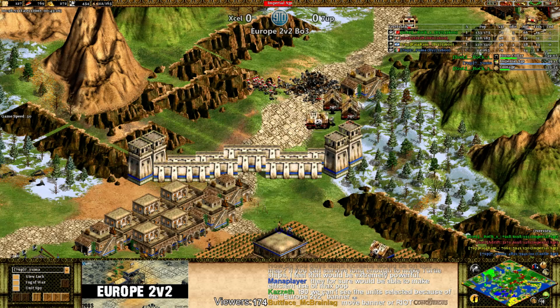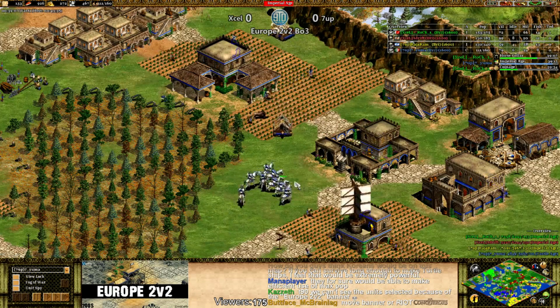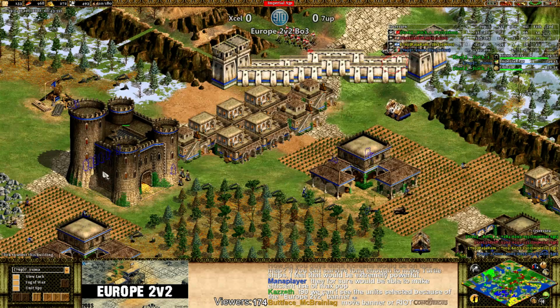We got Red pushing in. Blue's going to be in trouble here. I noticed that Blue's going with Knights. Yeah, which is...